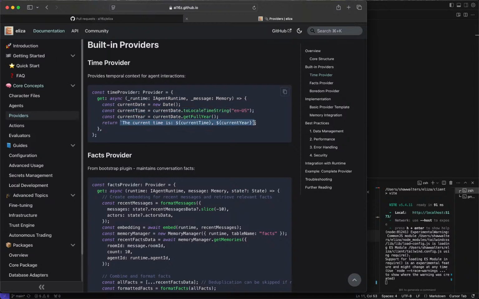And so what providers return is a string. A string is just a bunch of characters. It could be letters, numbers, symbols, whatever. But it has to be a string. It's not, as opposed to like, an object or a value, right? You are injecting this into a text context, and so the provider is providing a text string which then goes